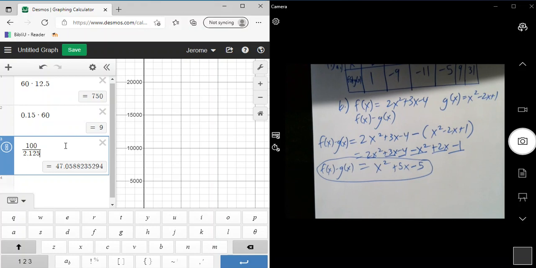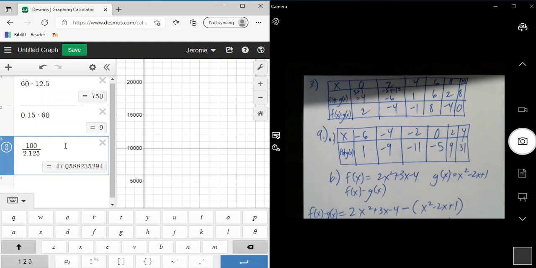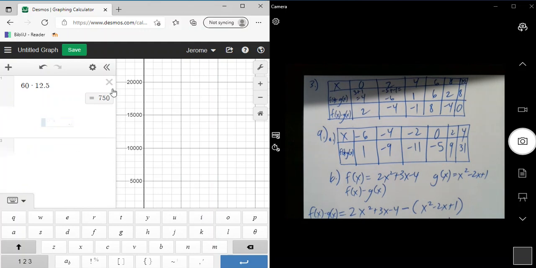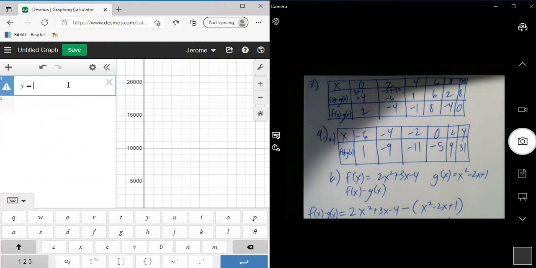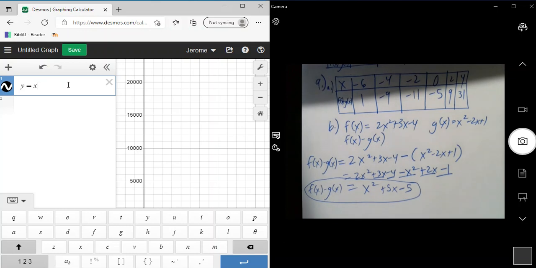Now it says check your answers in the table in part A by using the function you determined in part B. So basically what they want you to do is substitute these values in here. So if I put in negative 6, as a matter of fact, why don't I do this? I think this would be a little easier. If we put the equation in Desmos, so we got y is equal to x squared